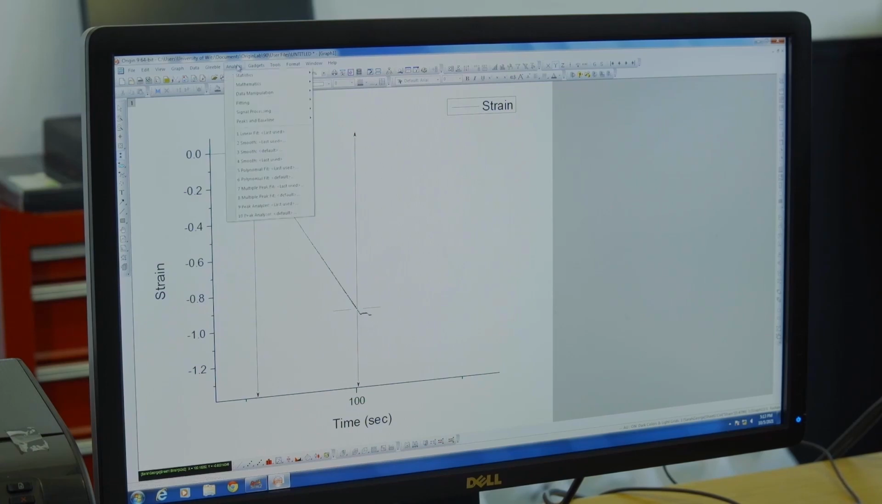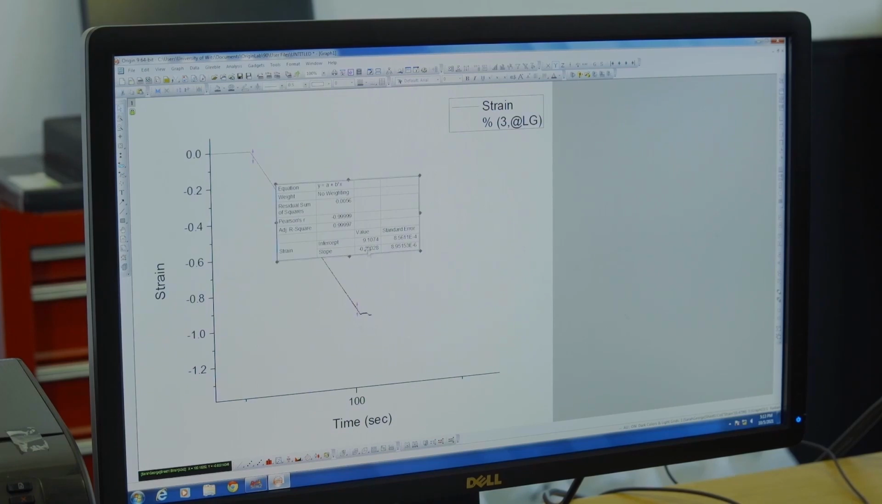Then you go to analysis. From analysis, you go to signal. No, not signal. You go to fitting. When you go to fitting, you go to linear fit, then you select last used. And here you see the slope. The slope is